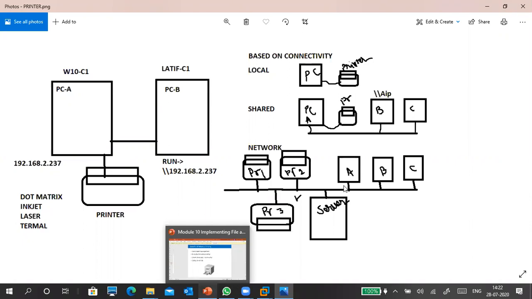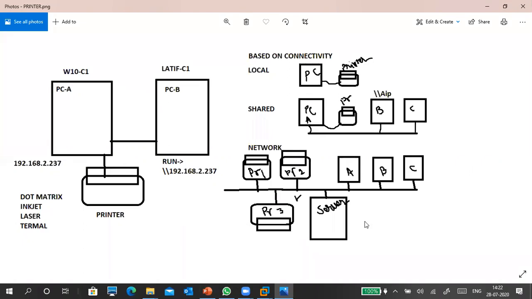Okay, so we already discussed this in the morning, and again it got disconnected. So very simple, I will go with just one single point. So, based on how the printer is connected: a local printer is connected to our PC, and we will take the print from this PC, right? And in case you have more PCs, then we have to connect